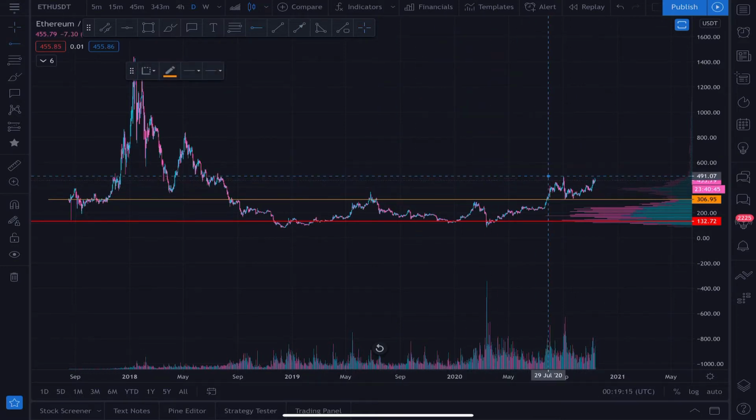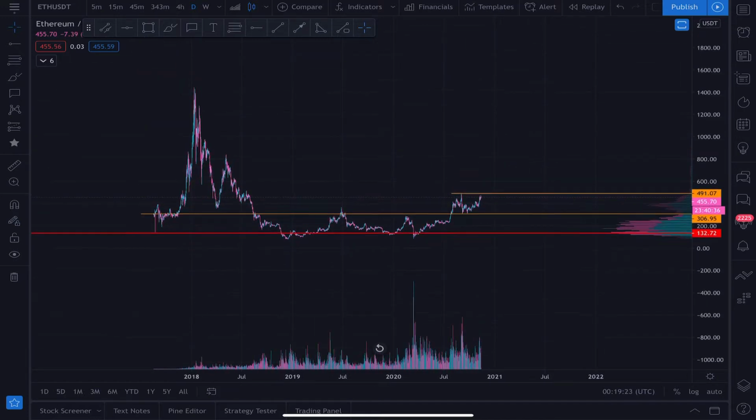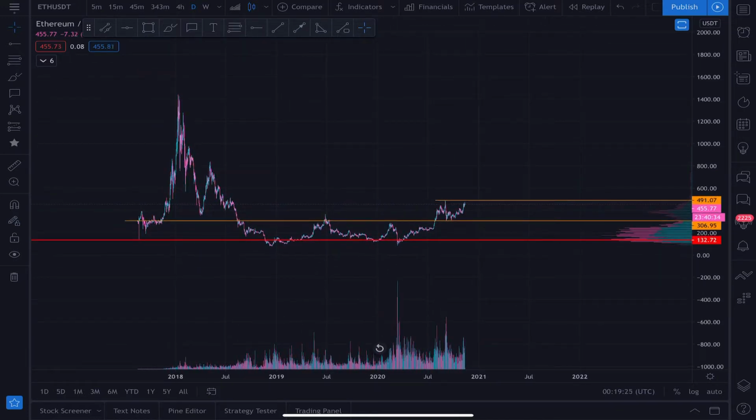Now, inside of my group, we do the Wyckoff method. I just want to keep this one really simple, really easy to see what is happening. We need to break 500. 500 is going to be this cycle's psychological level inside of Ethereum, at least in this part of the cycle on our journey to the all-time highs. So if we can get above 500, if we can consolidate and hold and test above 500, just like we consolidated, held, and tested right above this $300 level, it's going to be fantastic.